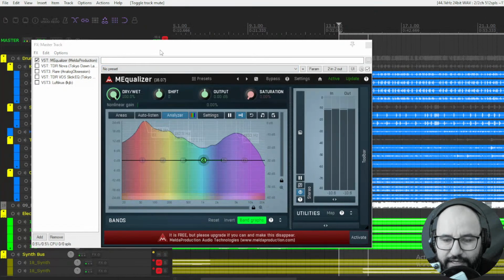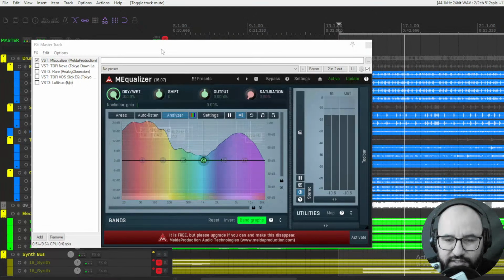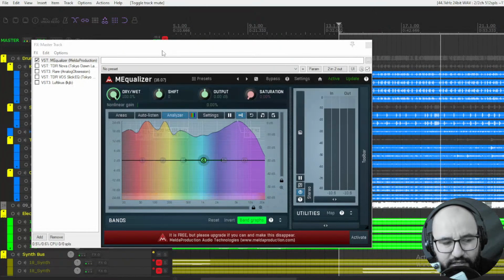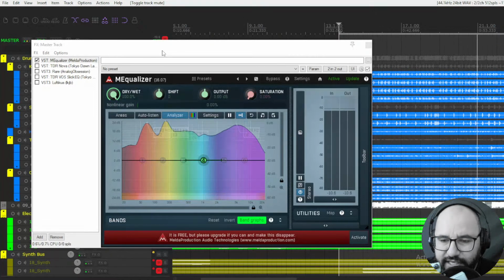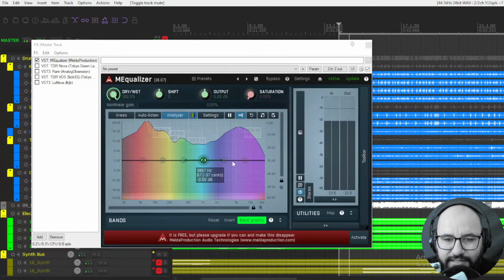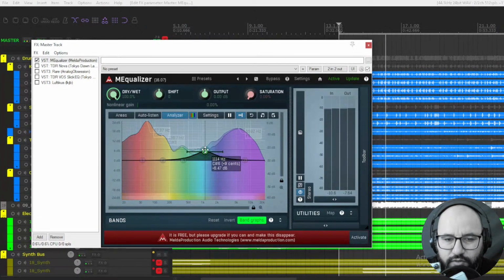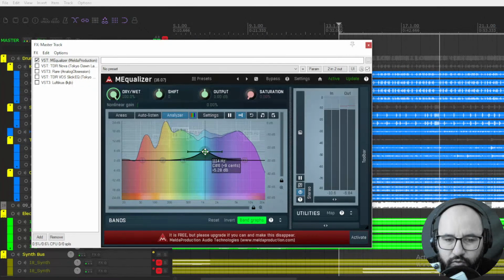I think it was 2020 or 2021 when I found out that Melda Production had, and still has, this huge bundle of plugins, and this MEQUALIZER I really like to work with. It has 6 bands that you can boost and cut with. You can use your mouse wheel to make the Q curve narrower or wider.